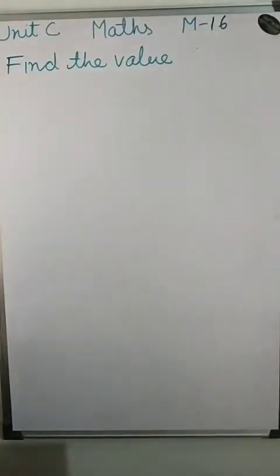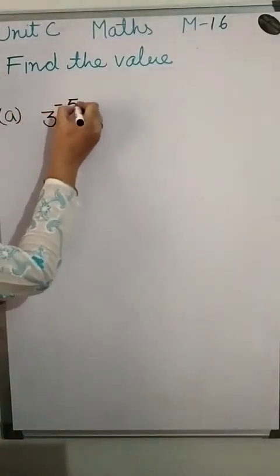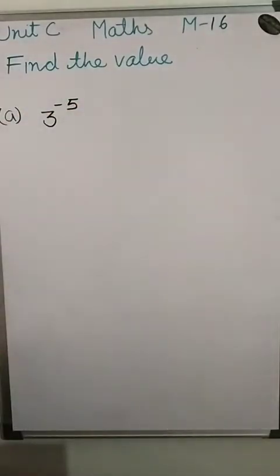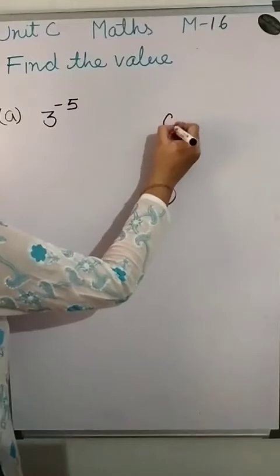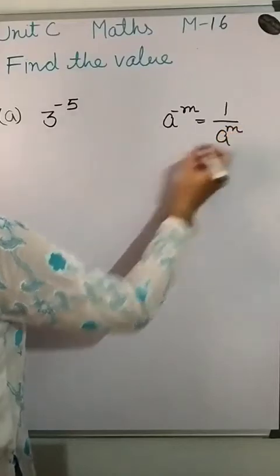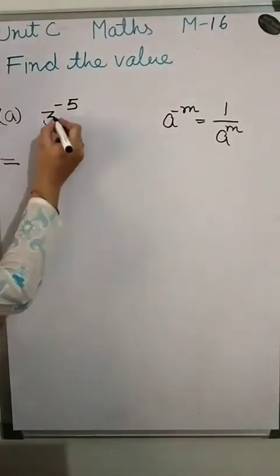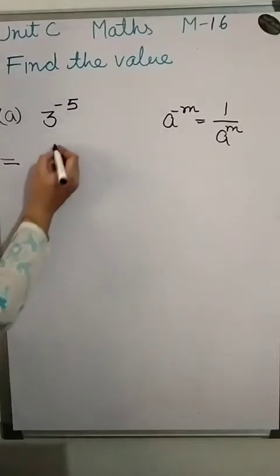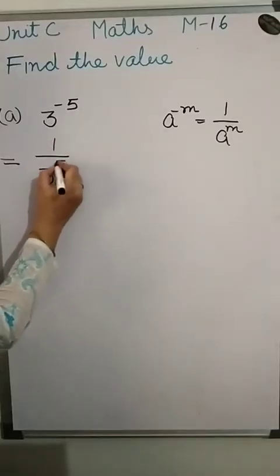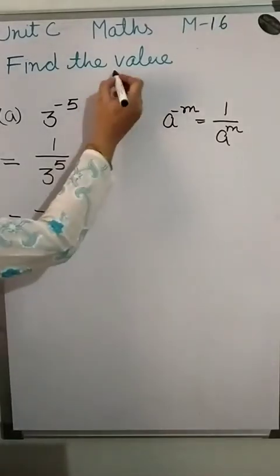Here you have to write the value of the given indices. So the first question is 3 to the power minus 5. This time the power is negative. If the power is negative, we reciprocal the number and convert its power into a positive number. So this is the formula which we apply here. So according to this, 3 to the power minus 5, we reciprocal the number and we write down 1 upon 3 to the power 5. So this is the answer, or you can, because we have to find the value,